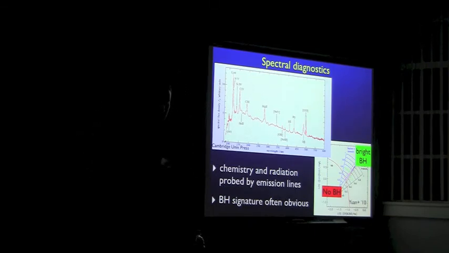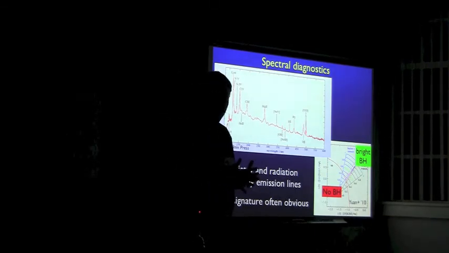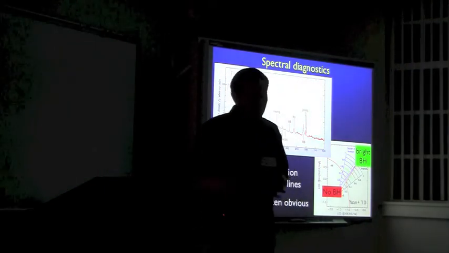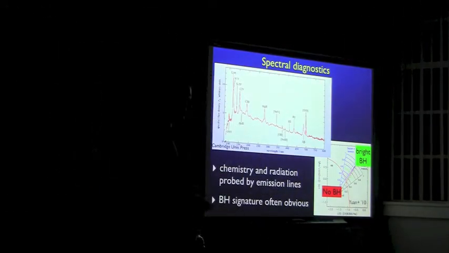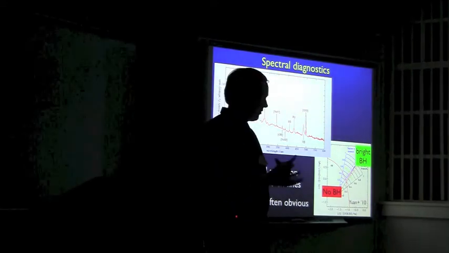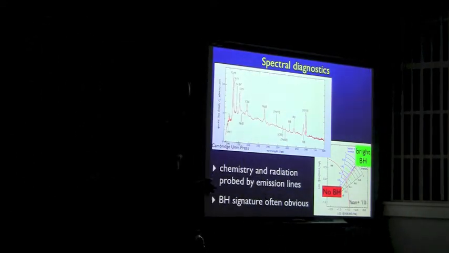And so these emission and absorption features in a spectrum are something that physicists have been using for a really long time to learn things about matter. In particular, the chemistry and radiation inside a gas can be probed from these lines. Here's a spectrum of an astronomical so-called quasar, just something in space. You can see labels on here with different elements and chemical labels. By measuring the relative strengths of these,